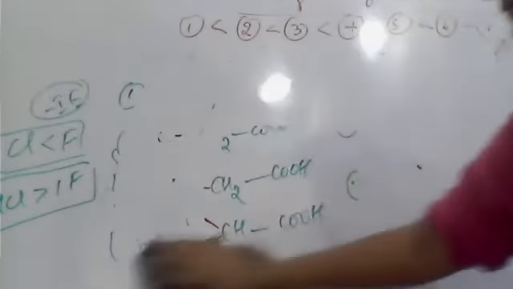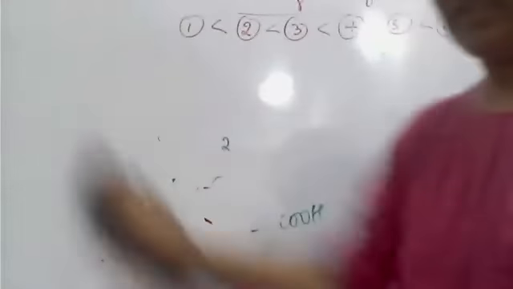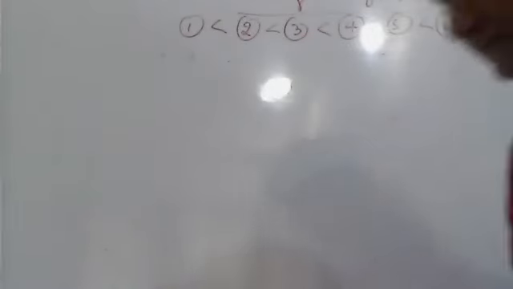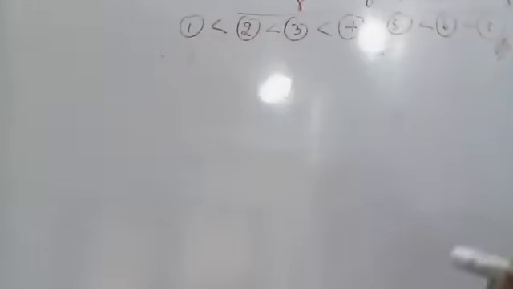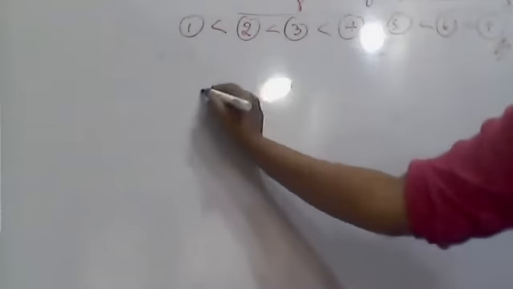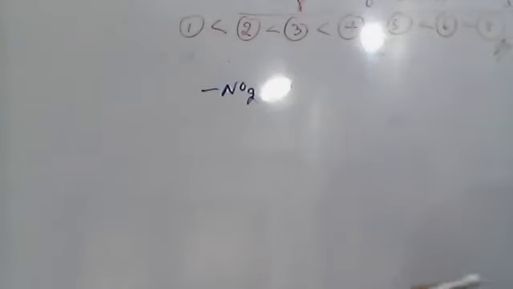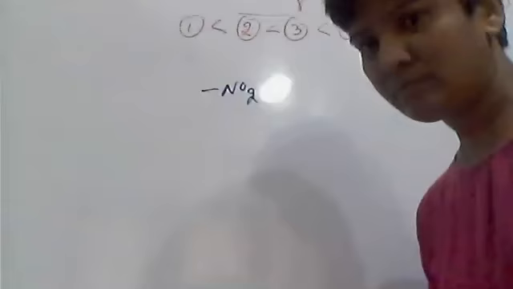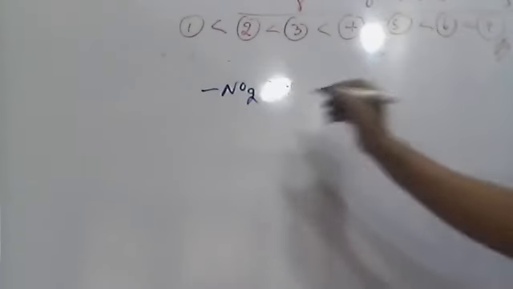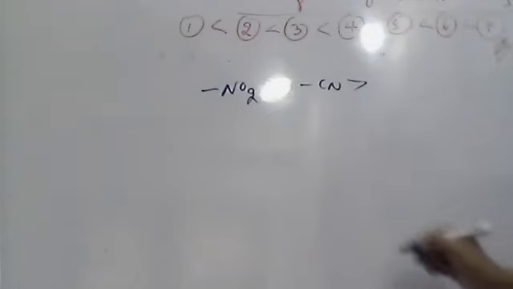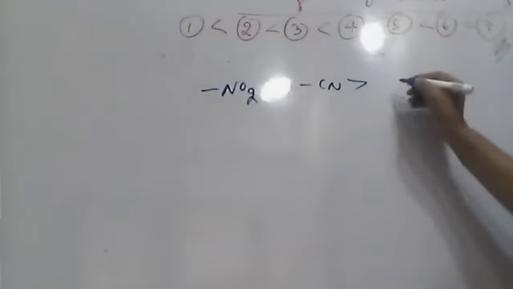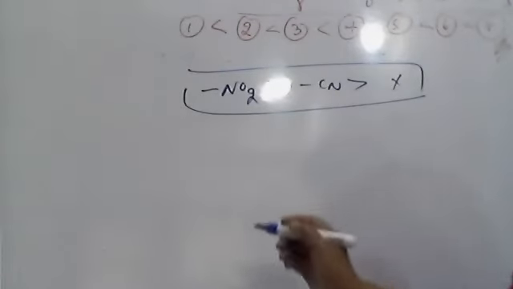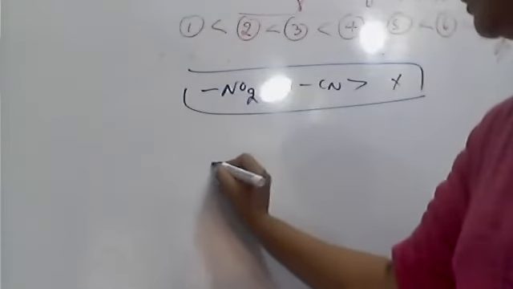And next, if we go for one more type, this time if you take other groups like NO2, remember the NO2 group is stronger than cyanide. Then after cyanide, you have halogens. So just keep it in mind. So suppose we take